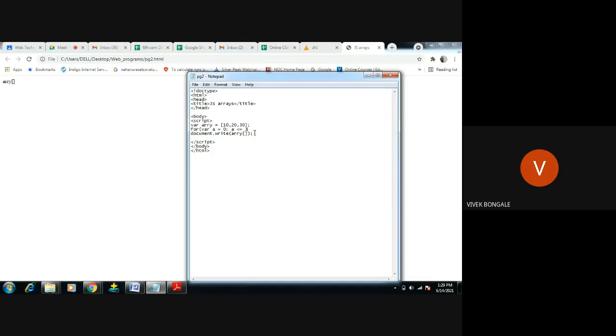Then it will increment the value. Open this, then array of a, this is the value I'm trying to call there. Close this. We will try now whether it will work.